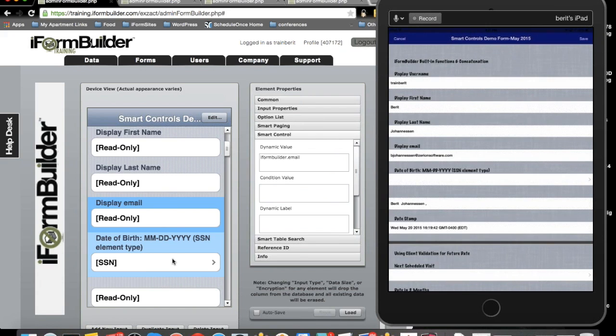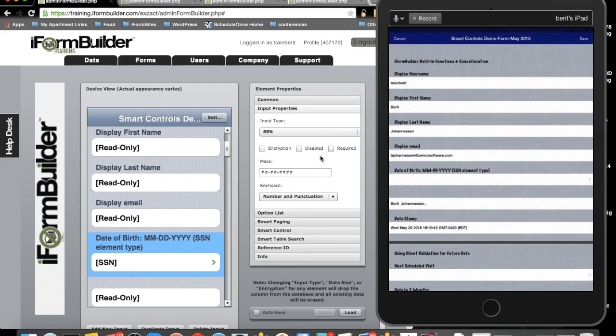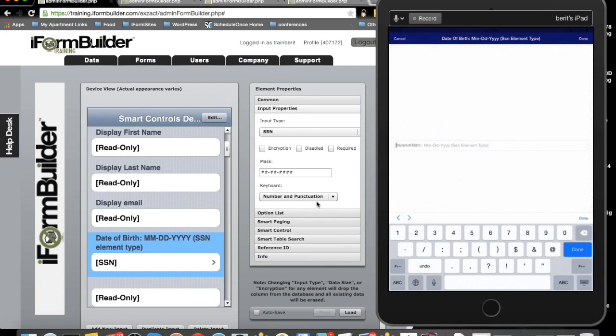So if we're using the date widget, then we have to scroll through that Rolodex for a long period of time. So to make it easier, I use the social security number widget, as well as I set the mask and the keyboard. So if I go into the date of birth, and then I can just start putting in my numbers,